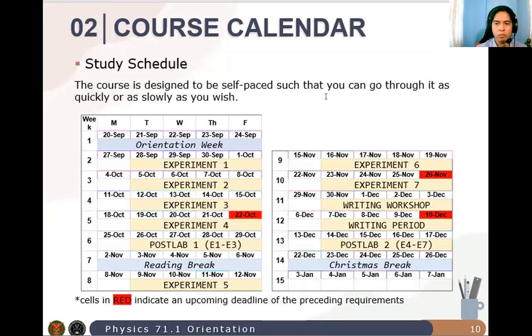So this week, we will be dedicating the meeting to just an orientation, pero next week, and successive weeks after that, we will be discussing one experiment per week. So usually, the experiments will be discussed